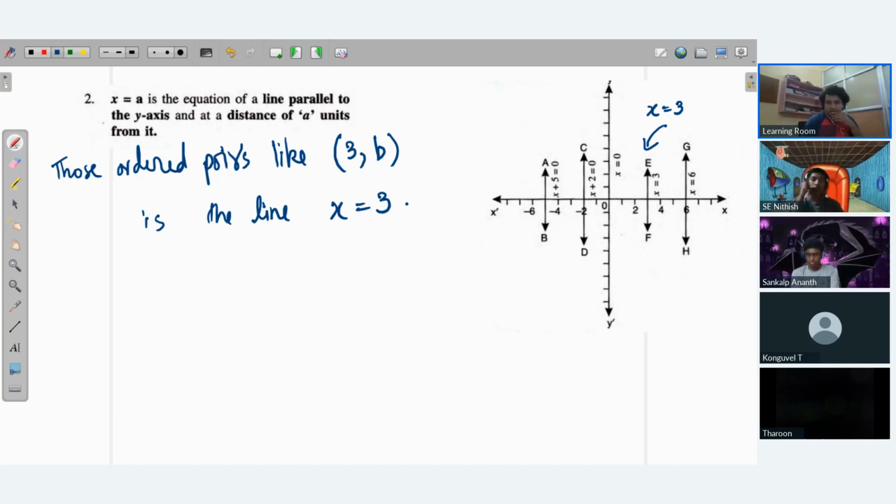X equal to 3. The abscissa is fixed. It's always 3, and it only changes on the y-axis. Correct. Also, you would be connecting to the fact that this line x equal to 3 is a parallel line to the y-axis, correct? Yes, sir. If you join those two points, which are the positive and the negative ordinates,